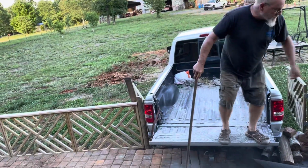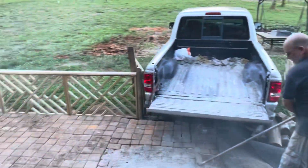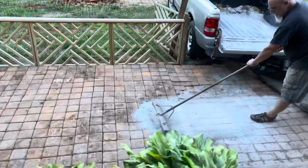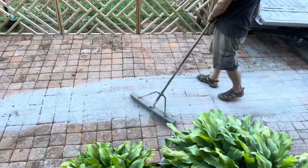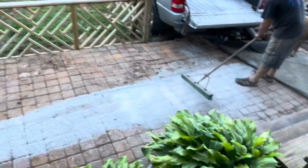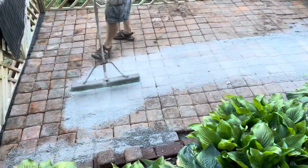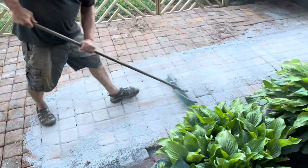When we did this other stuff around our house, these bricks are all over this place. We used sand, and the sand got all in the house. So if we just take this stuff, we're going to try this out and see what it's going to do. And I'm going to do it just like I did the sand. It's supposed to rain here the next few days, so we'll figure out if it washes off like the other did. And then I just kept sweeping it back and forth